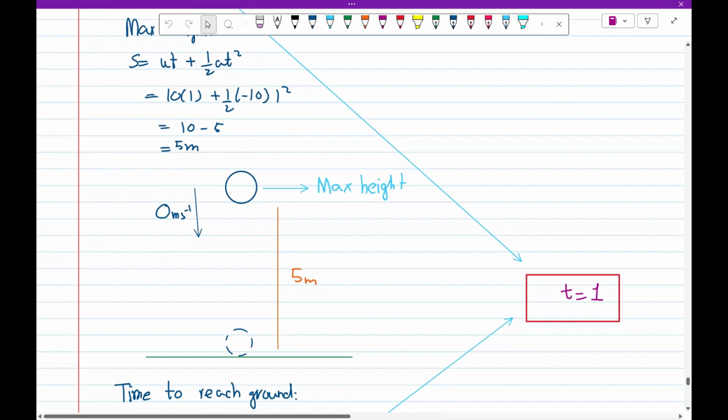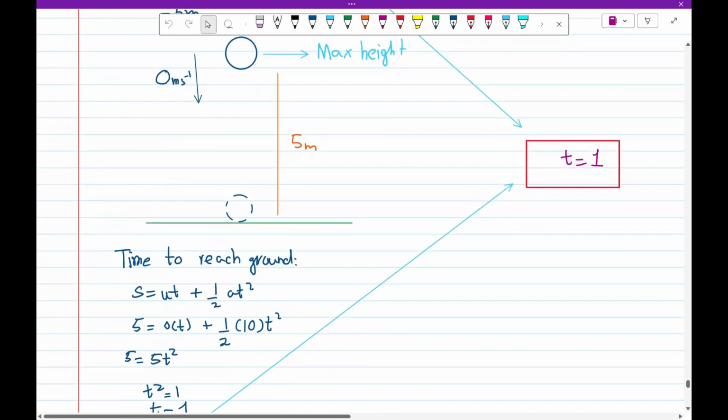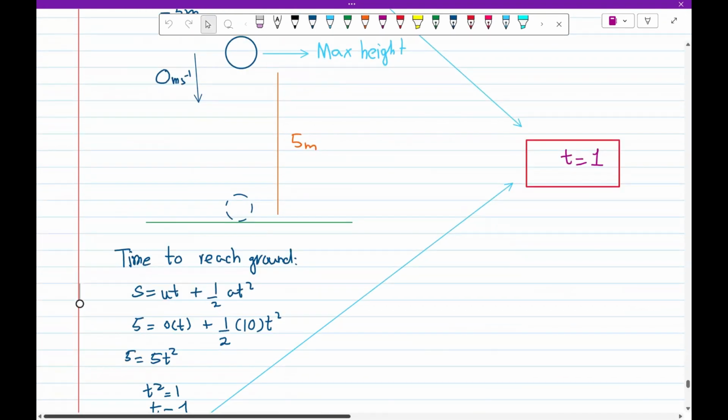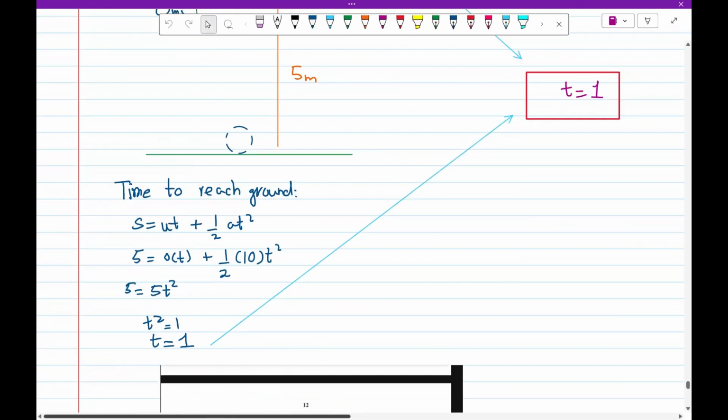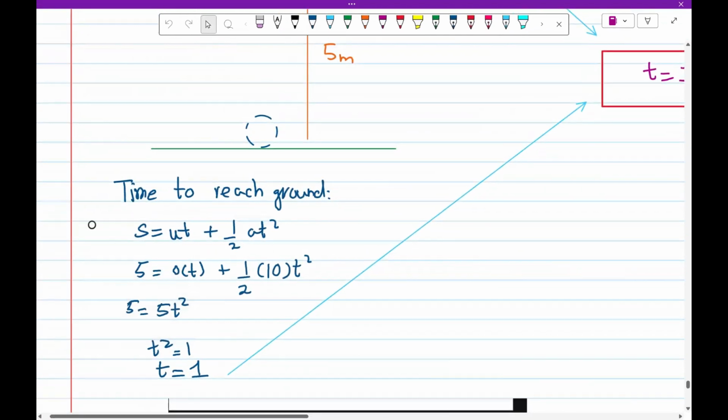So how long will it take to reach ground again? The distance between the ground and the maximum height is 5. Initial velocity is 0, since it had instantaneous rest when it reaches maximum height. And t, which is what we need to calculate, half at squared. Since it's going downwards, we'll take 10 as positive, since that's the direction of the acceleration. So we get 5t squared is equal to 5, t squared is equal to 1,